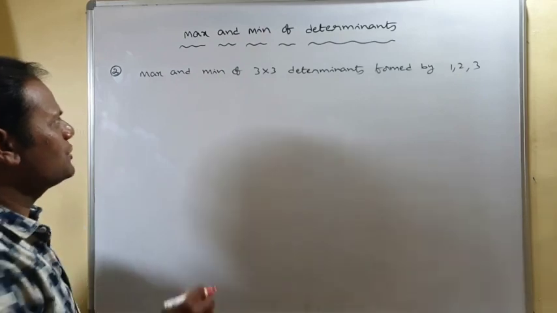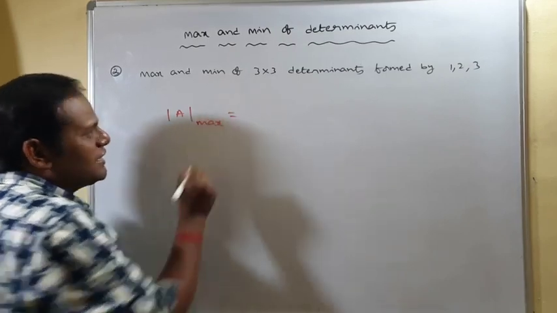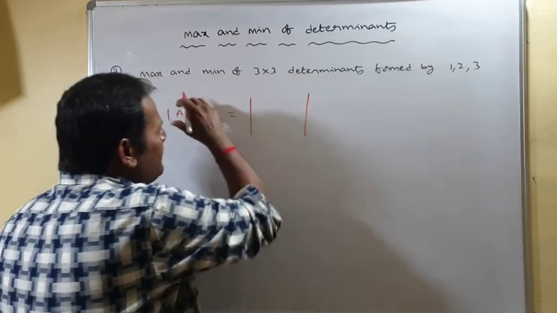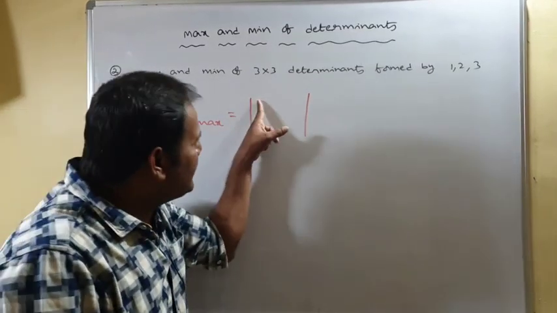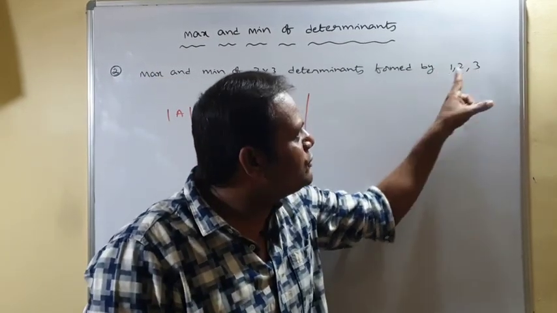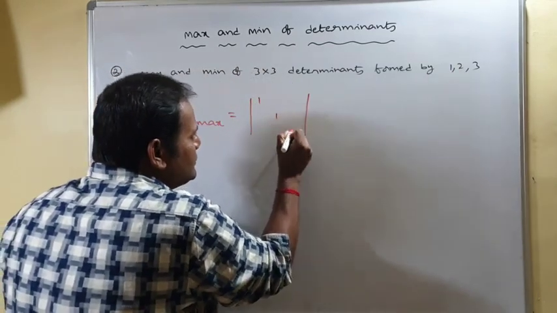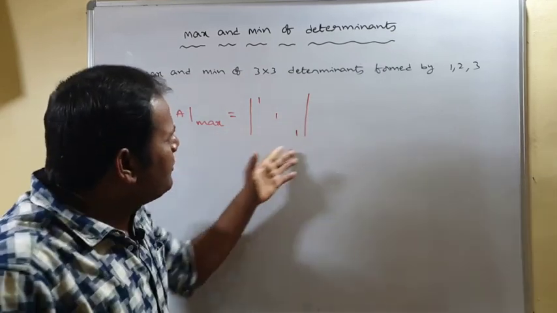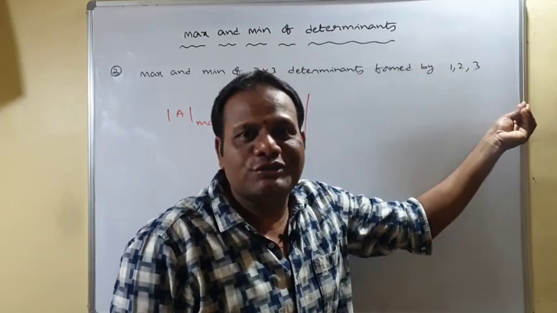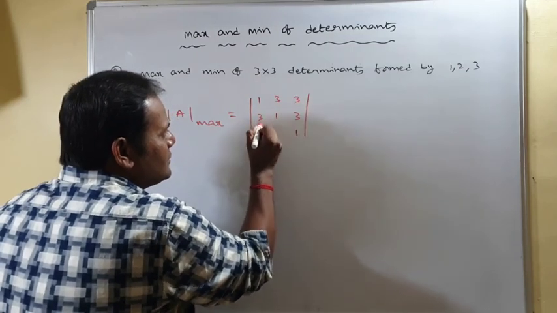3. Is it? Okay. Already I told you how to get the maximum determinant of that 3 by 3 matrix. To get the maximum determinant, in place of diagonal elements, you take the least value in the given entries, that is 1. So in place of diagonal elements you take that. What about non-diagonal elements? What is the greatest one? You choose that. What is it? 3. So in place of non-diagonal elements you take 3.